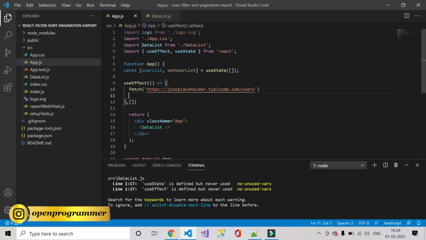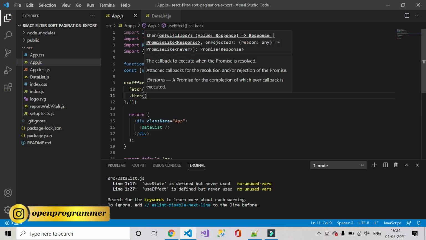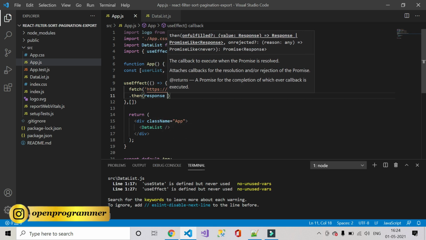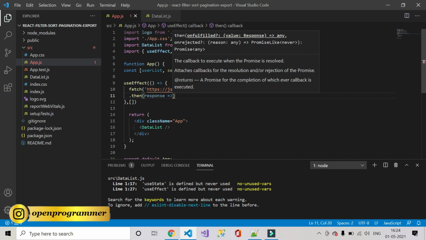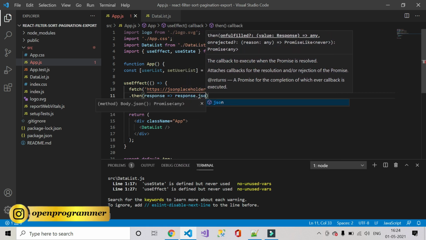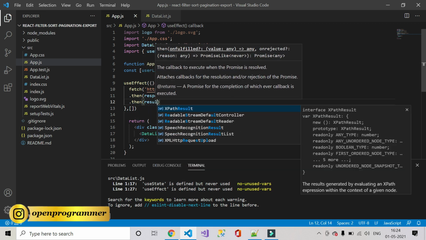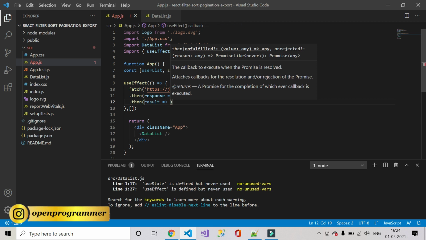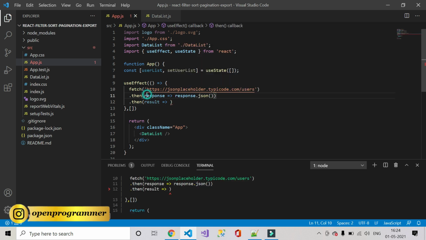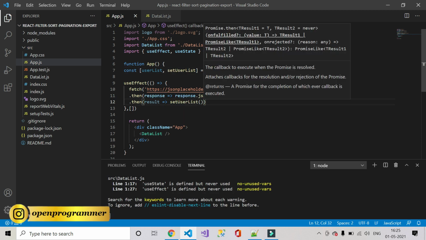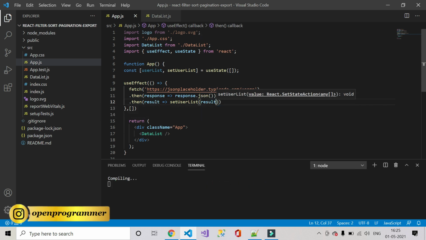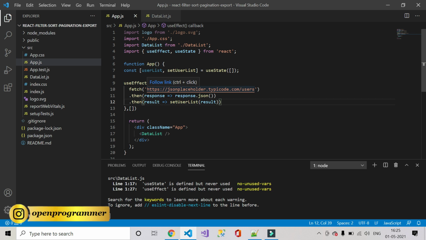So fetch and the URL, and if it fetches the data successfully, then the response we'll convert into JSON, and then the result, if the data is converted to JSON successfully, then we'll update our variable using setUserList. So now whatever data we'll get from this endpoint, we are going to update in this variable.